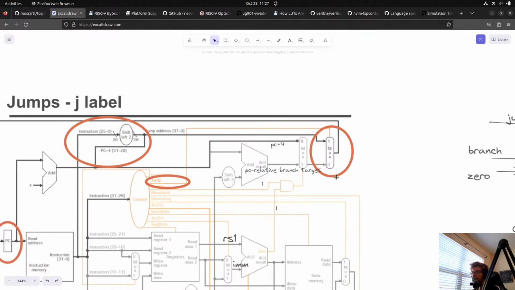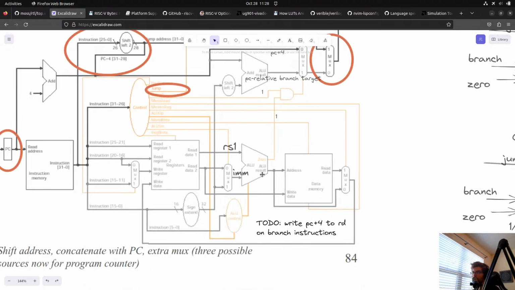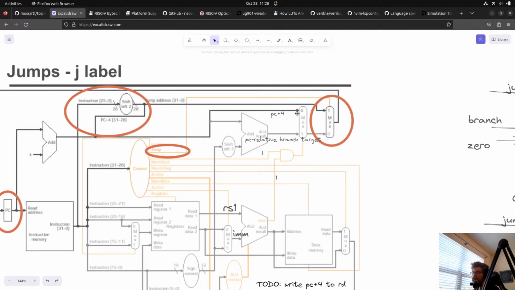We don't care about branch or anything like that. So yeah, branch is going into deciding whether we take the PC plus 4 or the PC relative branch target.